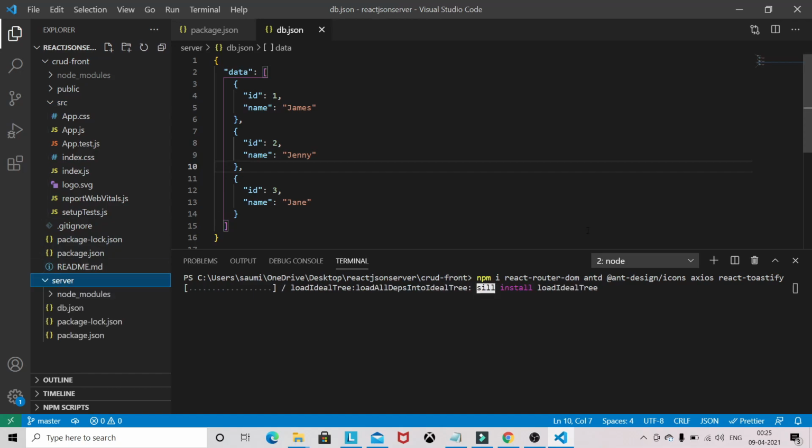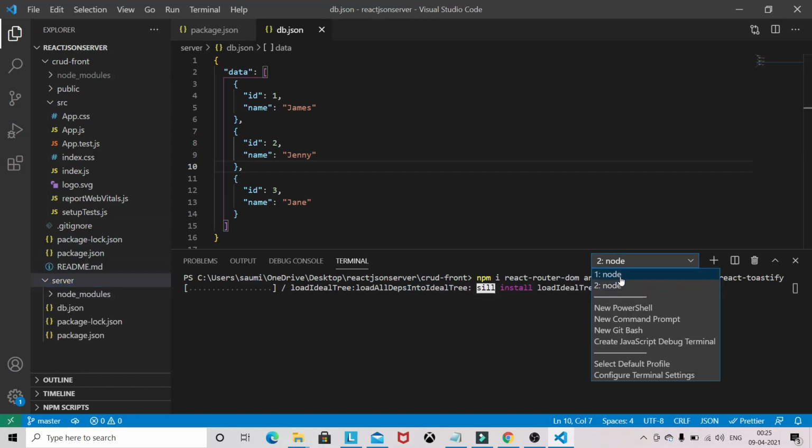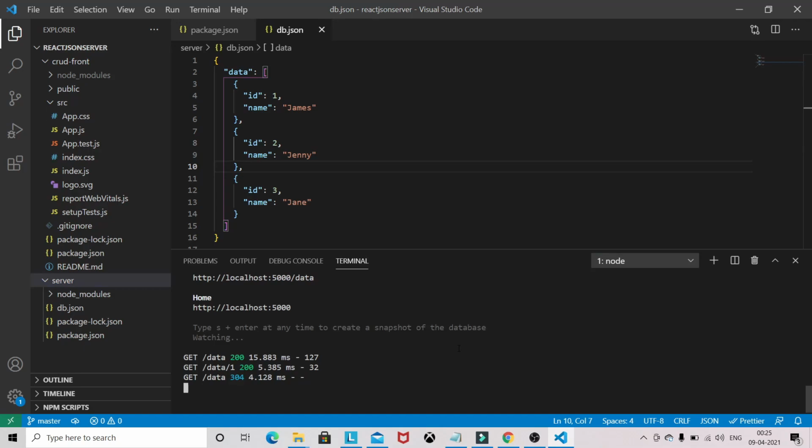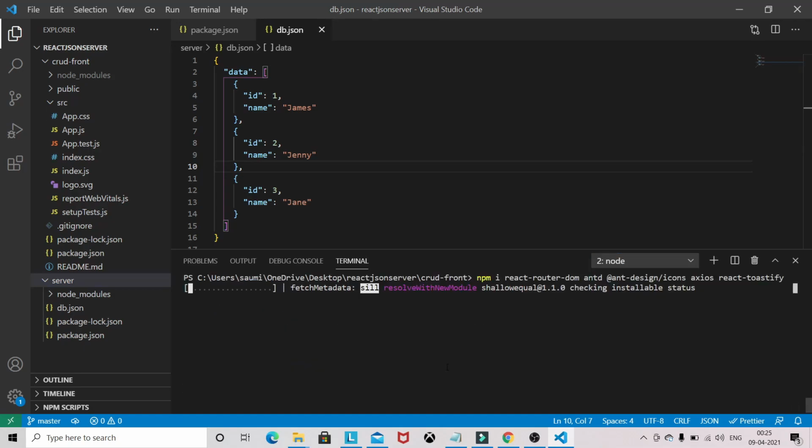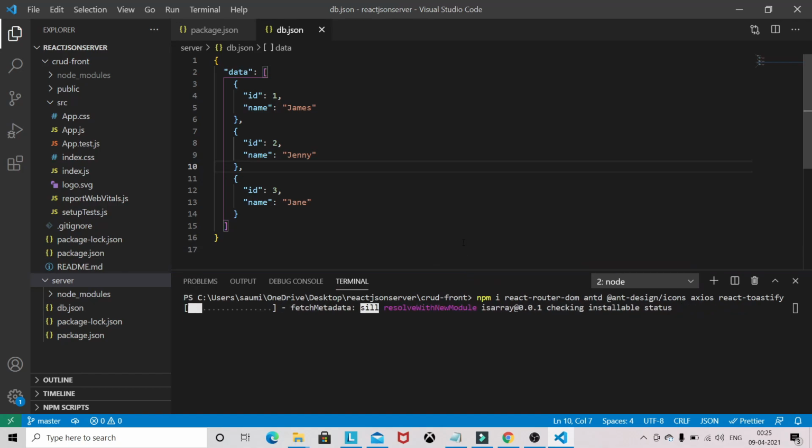So our server is running in this terminal, and our React application will run in this terminal. It takes some time to install those packages, so I will be back once it's installed.